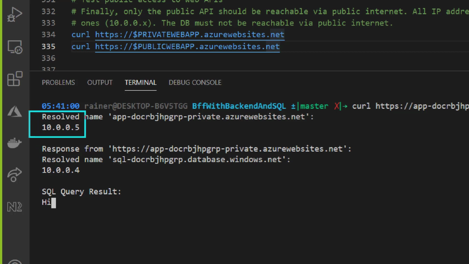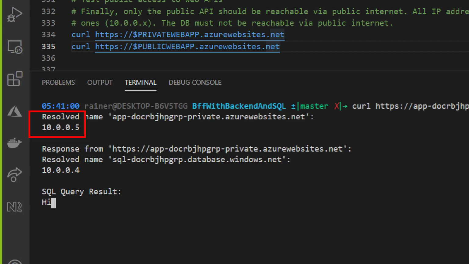So you see the difference compared to before? Now, my public web API accesses the backend, the private web API, no longer through a public IP address, but through a private IP address, the 10.0.0.5 IP address.